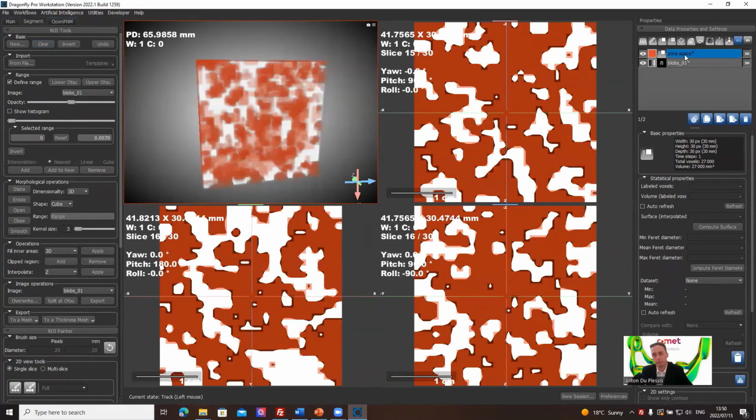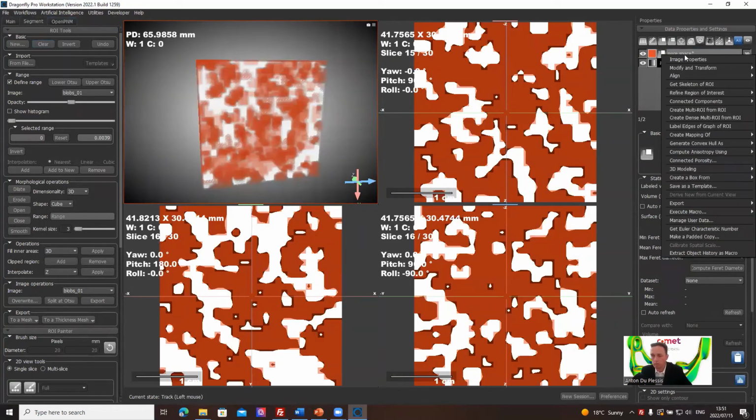No, it's okay. It's okay for this demonstration. What I wanted to do is create a, where is it, 3D modeling, create a sparse graph or a dense graph, just to demonstrate that if you've got a region of interest of your pore space and you want to illustrate how this pore space looks with a ball and stick diagram, a sparse graph is the way to do it for